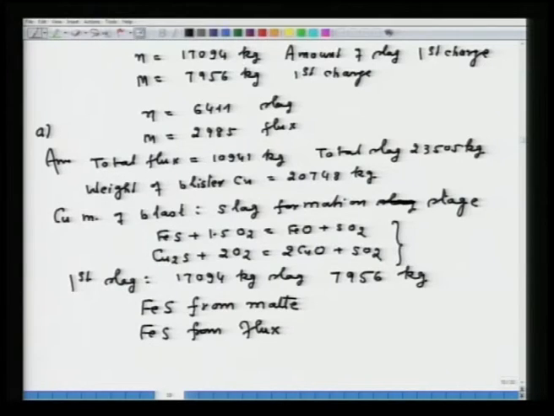This you can find out also by knowing the amount of CuO in the slag. Then you have to find out how much Cu2S is being oxidized to CuO in this stage. For that you will need the amount of slag as well as the amount of flux in the first slagging stage. Having known all this, one can calculate the moles of oxygen